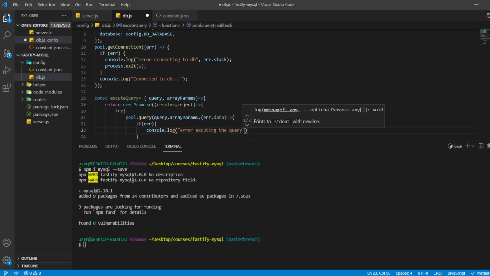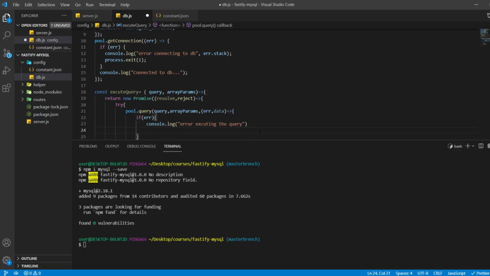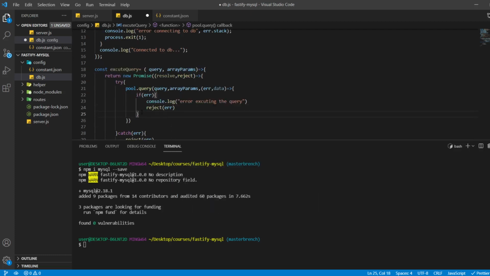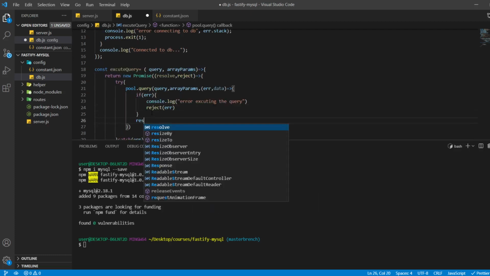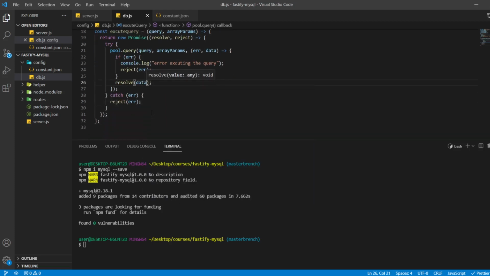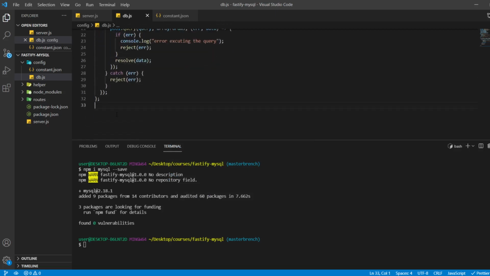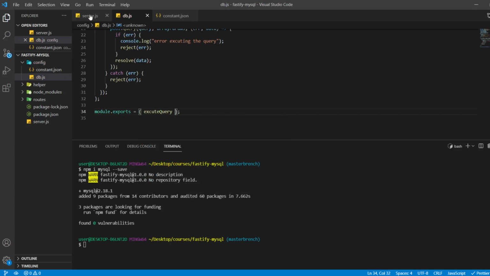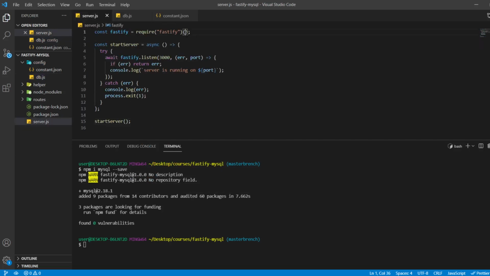Okay, and we also will return the error, reject the error, sorry, reject the error. And if we don't get error, then we simply resolve the data. Okay, and simply we are going to export this function, module.exports equal to executeQuery. Okay, and we are going to use this function here.